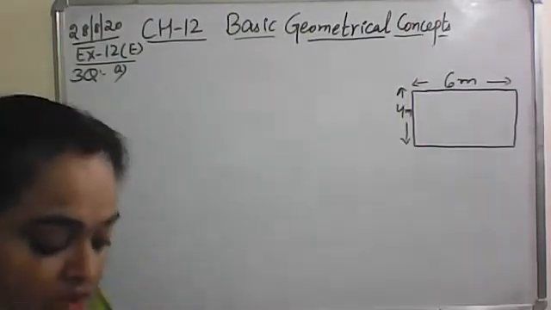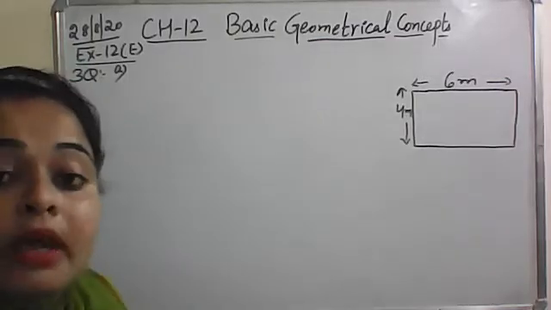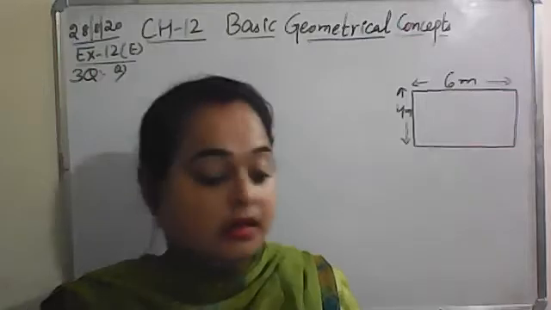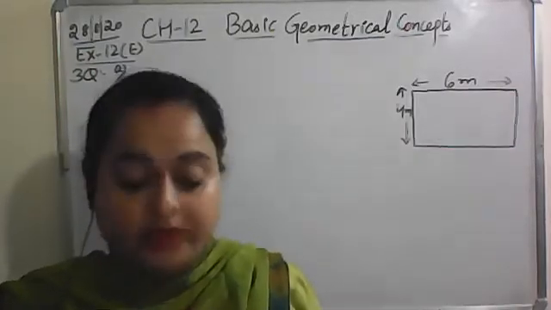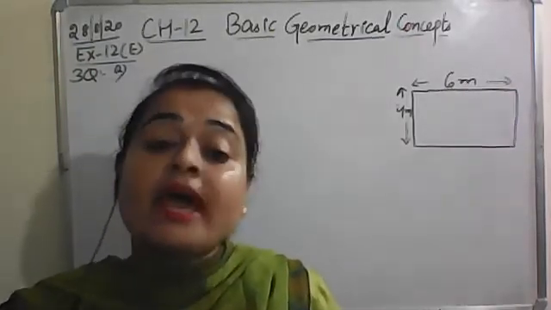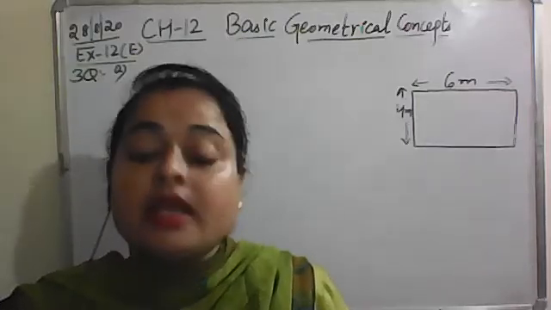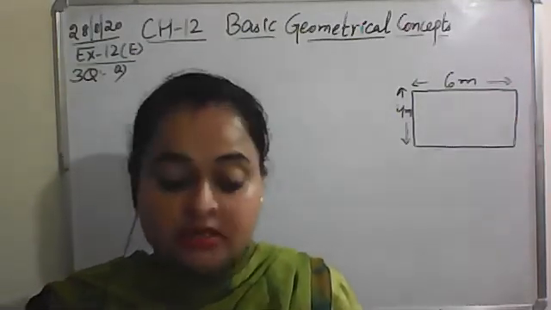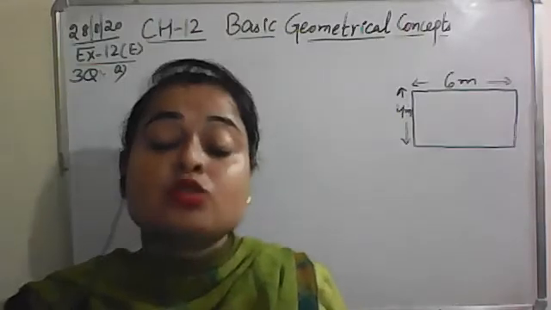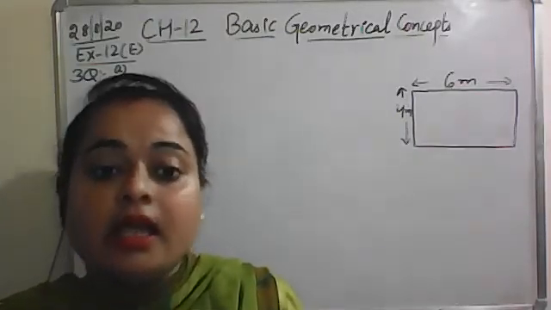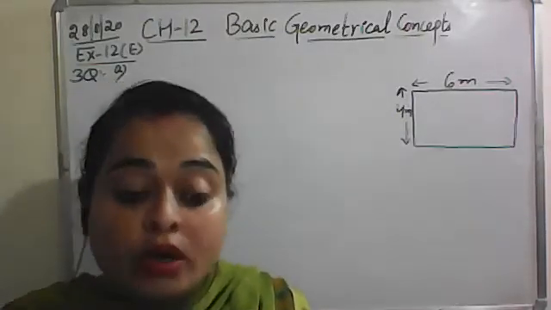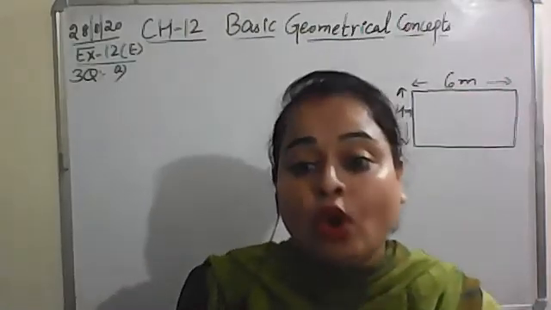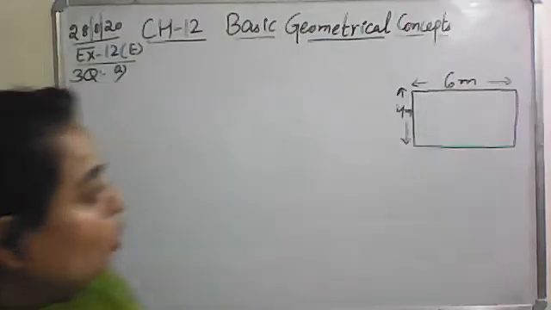Now, the question is, a room in a hotel needs an Italian floor covering. The square marble tile is of 4 square meter. I am repeating, the square marble tile is of 4 square meter. The dimensions of the floor are given below.